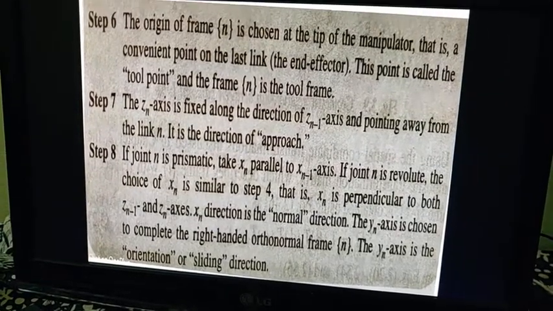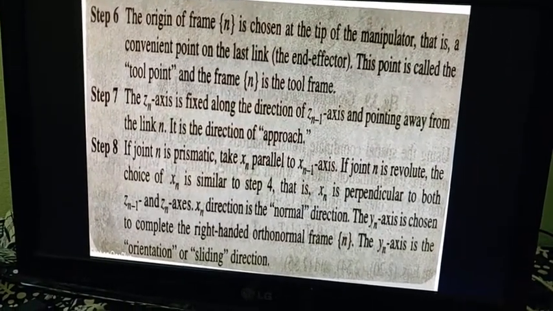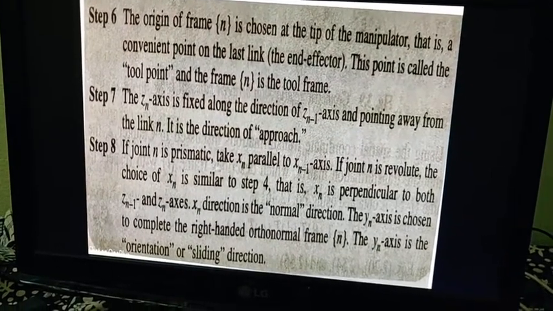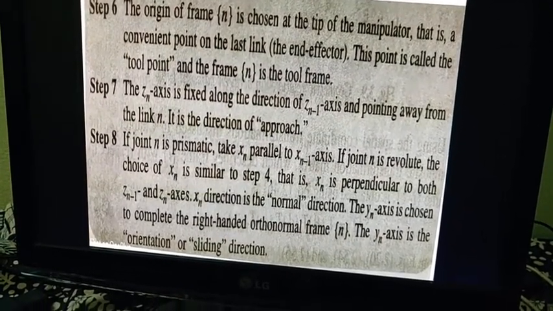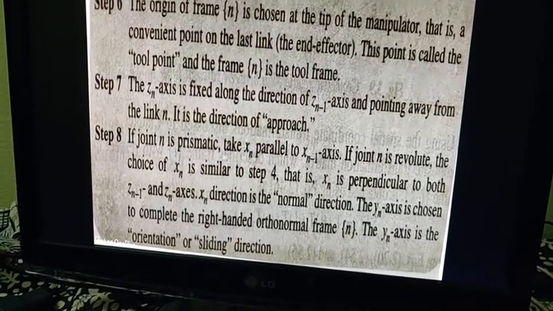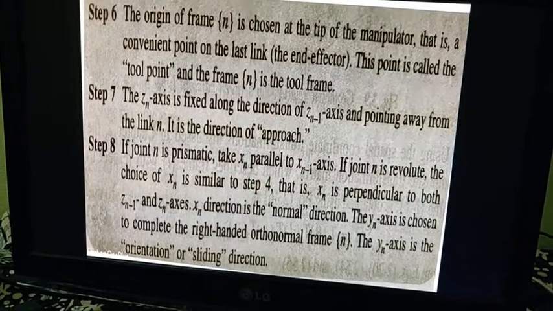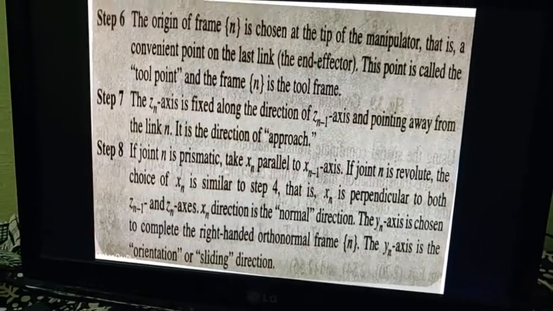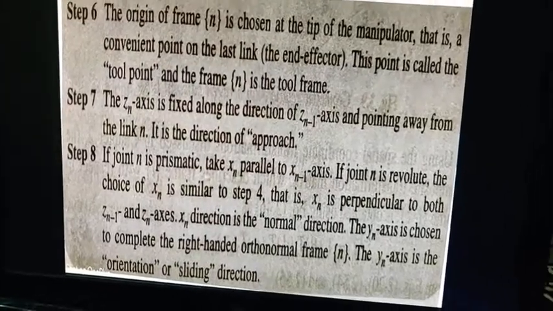In this way, we continue the steps, repeating again and again: after step 4 we go to step 5, 6, 7. If it is not like that, in the prismatic case, then we move again to step 4, and so on until the end effector is reached. The algorithm will move on to solve this problem. Thank you.